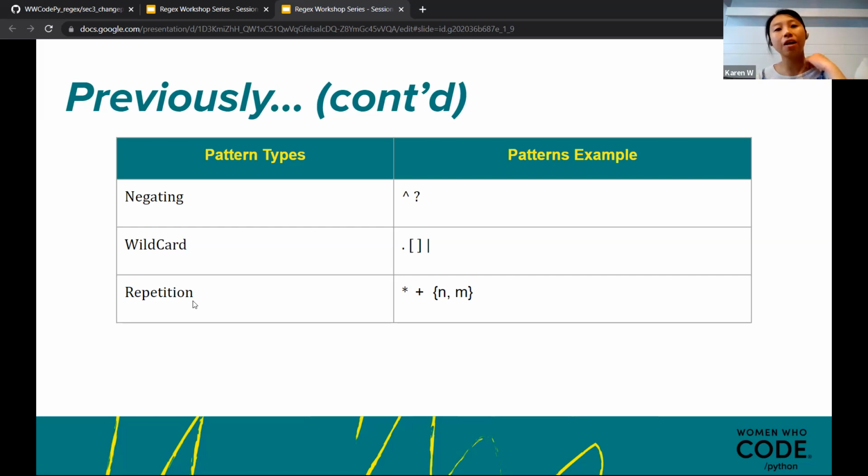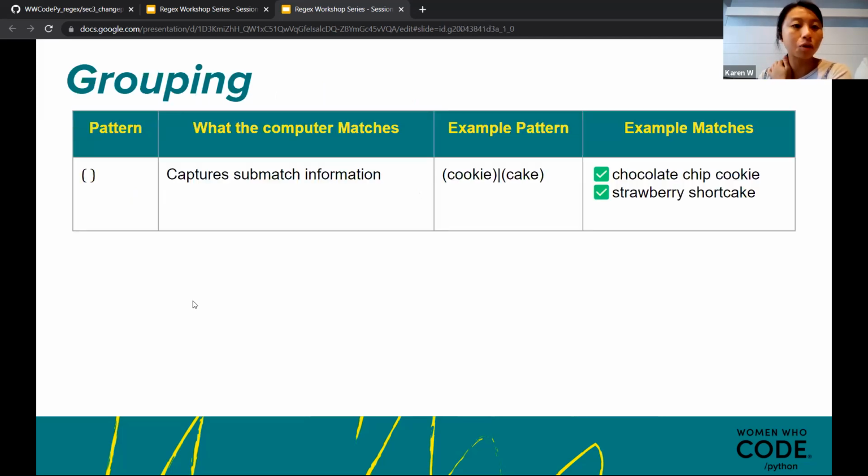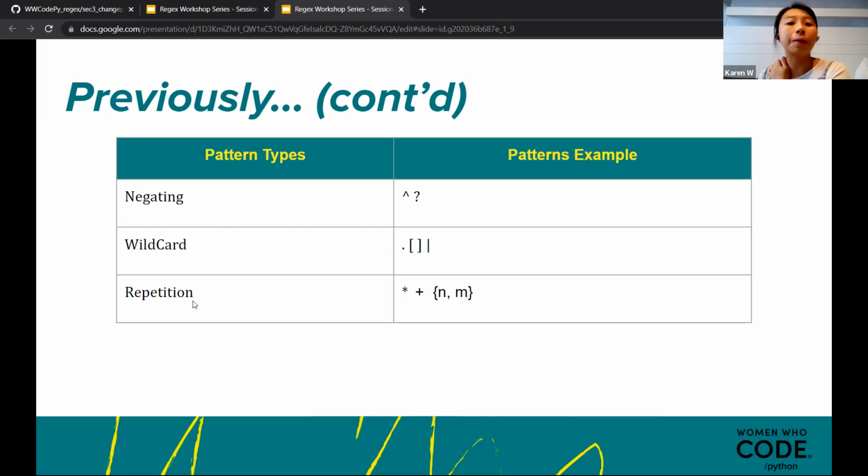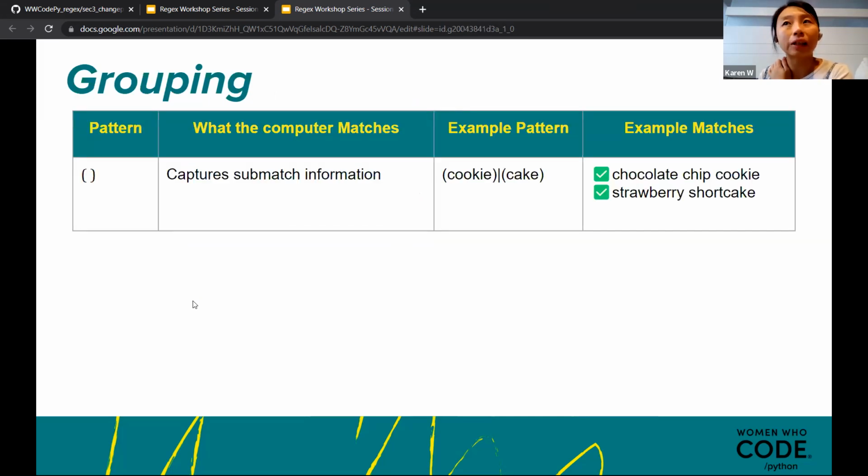For example, if you want to catch an area code, it's 3 digits in the US, so you can just do \d and then type 3, so that you're capturing 3 digits for sure. So yeah, that is the previous method character. I'm not going to introduce much more, because you did a great job last session, but the most challenging part is to mix and mesh all of them together.